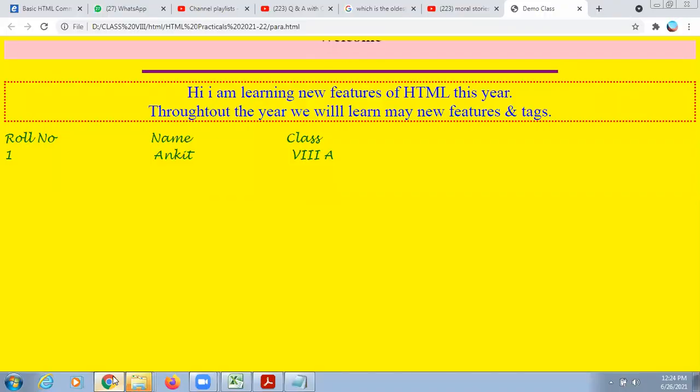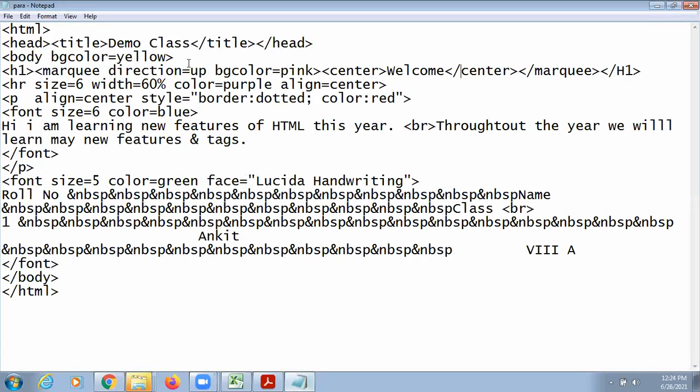Now welcome is coming in the center of the web page and it's moving from bottom to up. Now I wanted to change the direction. Center I am going to remove because I am going to change it to left and right only. Direction should be right.